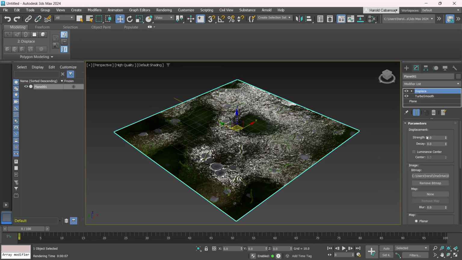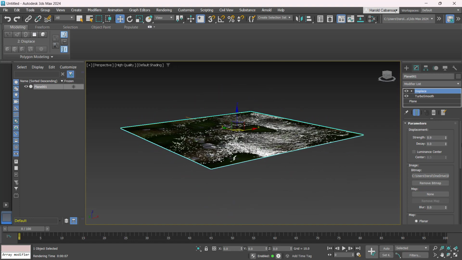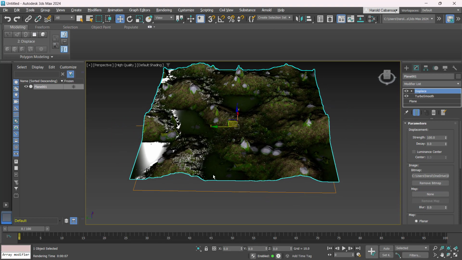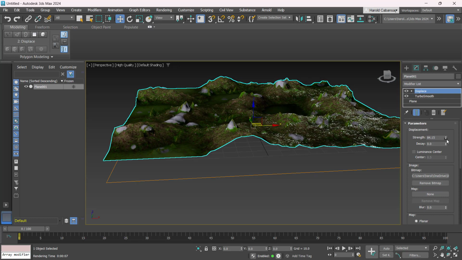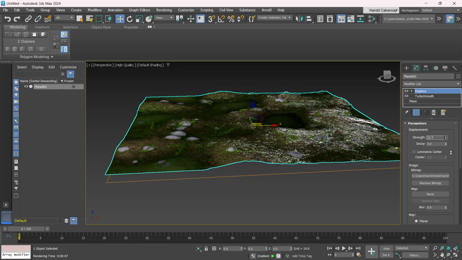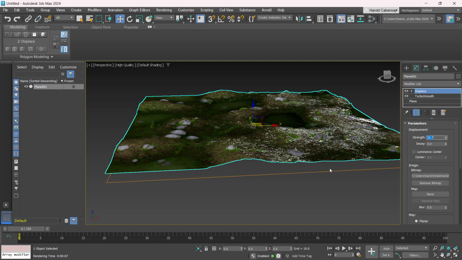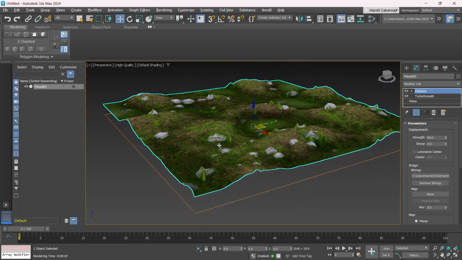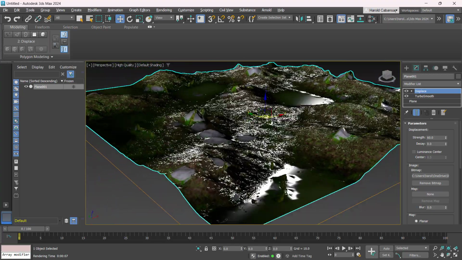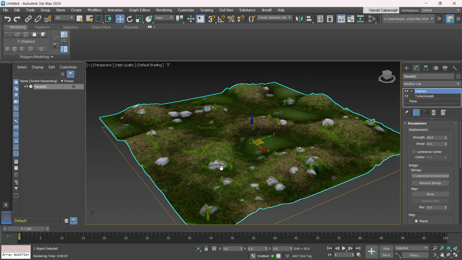And there it is. So if I will be adding some strength to it, as you can see, as I add, for example, a strength of 100, it starts to distort. Let's say add a strength of 85 there, or let's make it a bit subtle, just like the amount of the substance material that we have. Let's just increase it a bit, 60 there, for example. So if I do a render test on this, Shift Q,